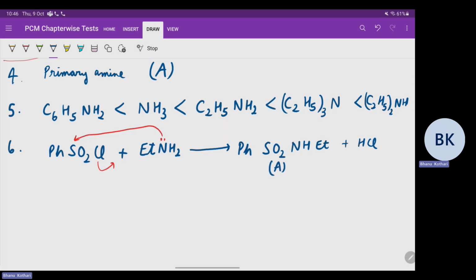Now, if you apply NaOH, what will be the result? This hydrogen which is present on nitrogen is acidic. So what is the role of NaOH? NaOH will deprotonate this nitrogen. We get PhSO2N minus Et. Okay. And further, when you react it with EtBr,